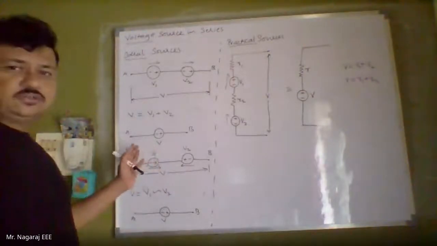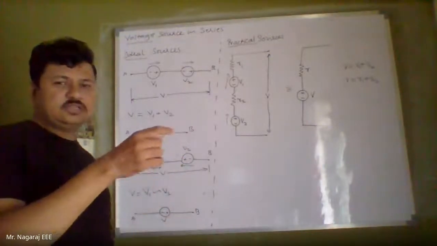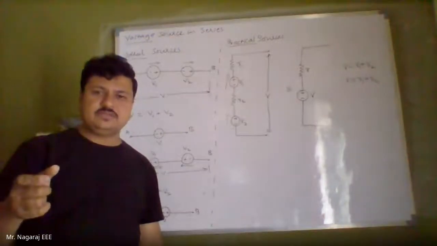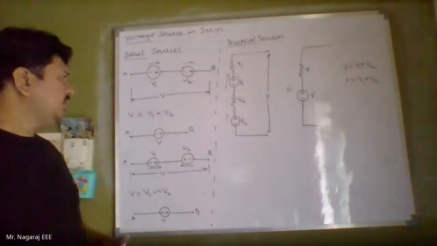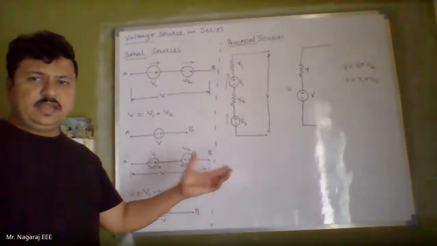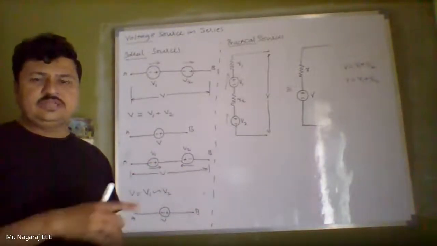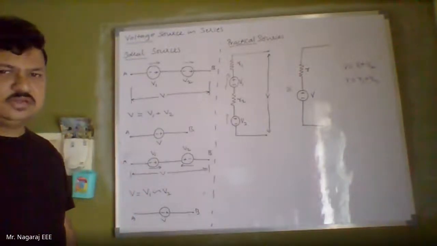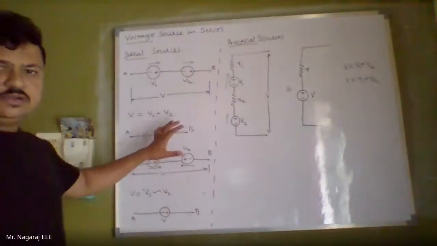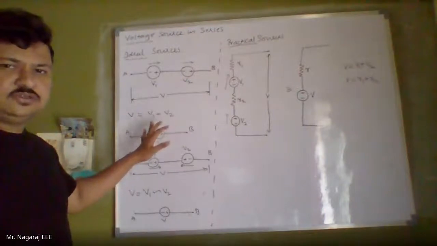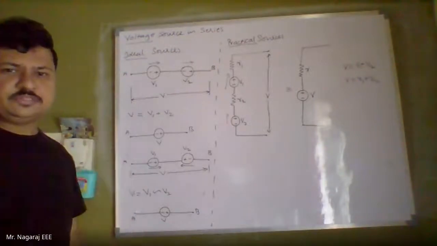I can add two voltage sources in series because we know that in a series circuit, the voltage across each element or component, whether active or passive, will go on adding up depending upon the polarity. Now the equivalent voltage across the entire branch with multiple components in it will be equal to the algebraic sum of all the voltages. That is what KVL says. So that is very convenient and practically realizable connection. So first we will look into what are the practically realizable connections. Then we will look into the special cases.